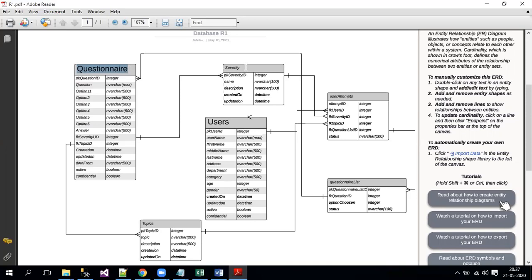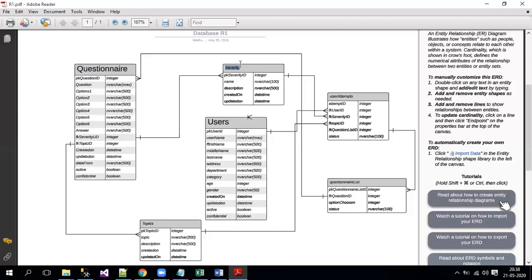Now when you go to the severity table, severity has only one primary key. Which means some other tables are depending on it, but this table is not dependent on any other table, because it has only a primary key. If this table had a foreign key, then it would be depending on some other table.